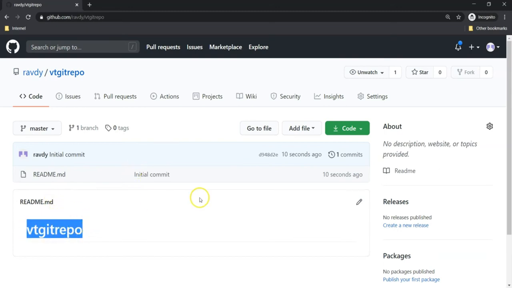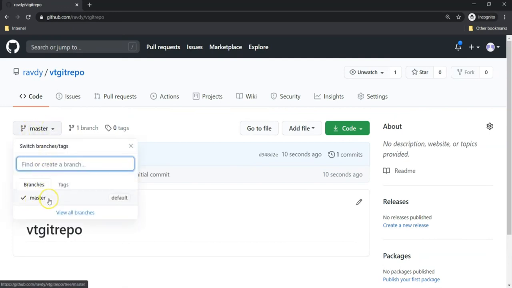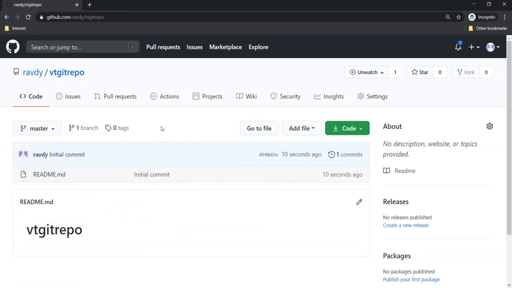So this is how we can create a repository, and there are a lot of options available over here, but majorly we can concentrate on master. You can see this is the branch we call master. By default it creates a branch called master, and all your content goes into the master branch. And we are going to talk about branches at a later point of time again.